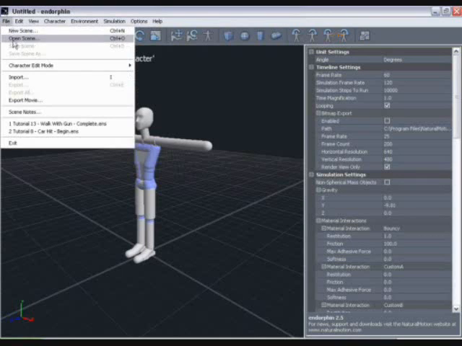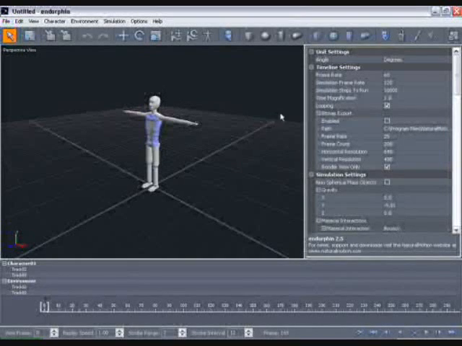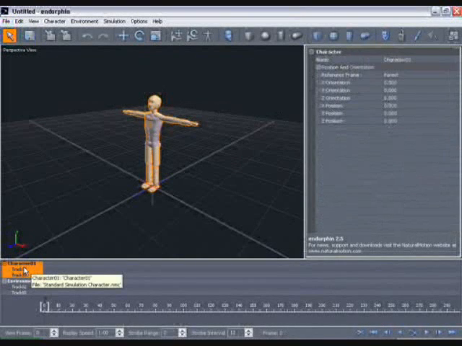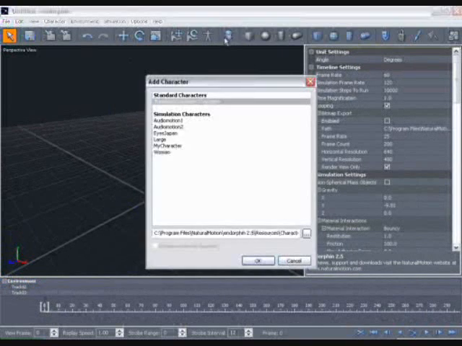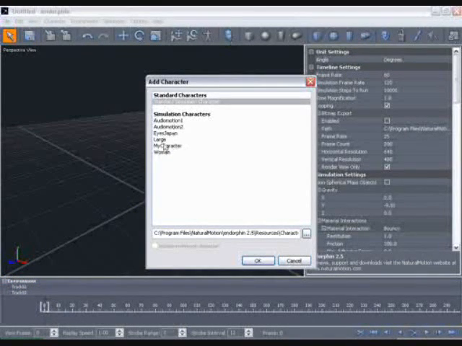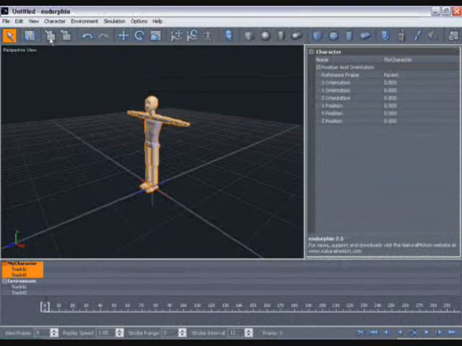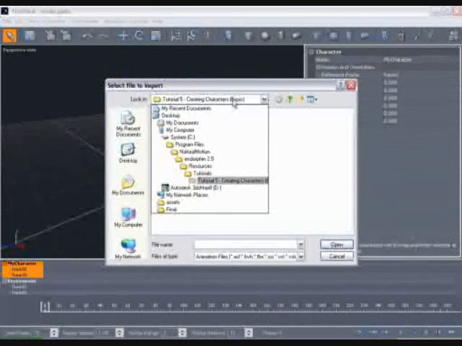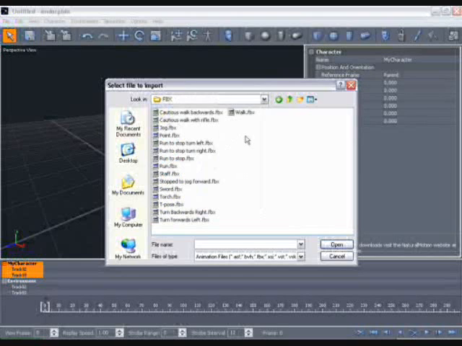So we go File, New Scene, the timeline comes back again and we're back into scene mode. Select the default character, delete him, go to Add Character, and then click on My Character. We then select the character, go to Import, go to Resources, Animation, Audio Motion 1, FBX, choose any of the